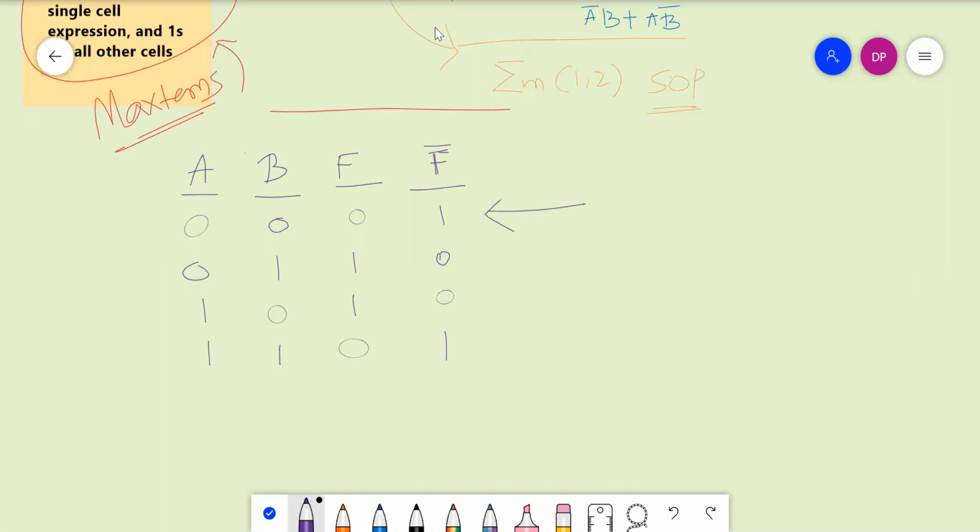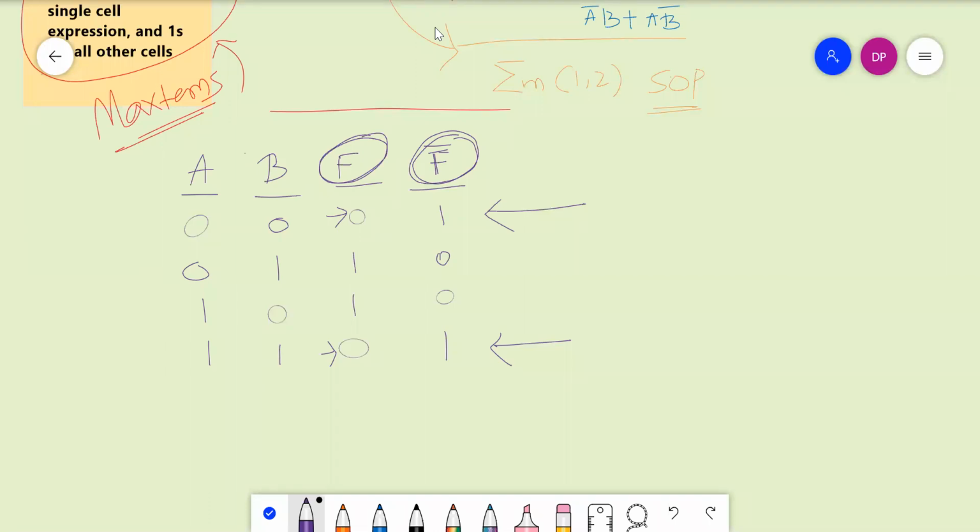So in this way you can pick up these two by looking into F bar. If you look at F, we have to pick these two which are 0. Okay, if you are looking at the function, pick which is 0, and if you are looking at the complement of the function, pick which is 1, and write this statement. So what will we write? Who can say what we will write?